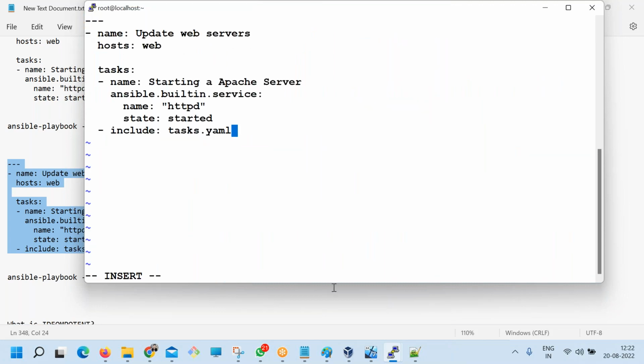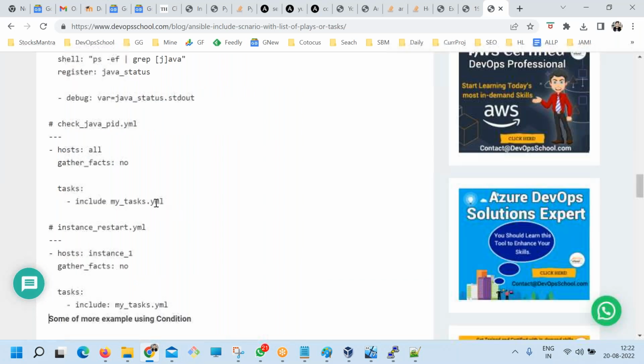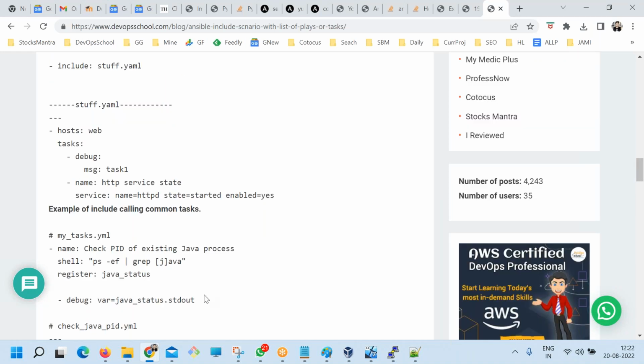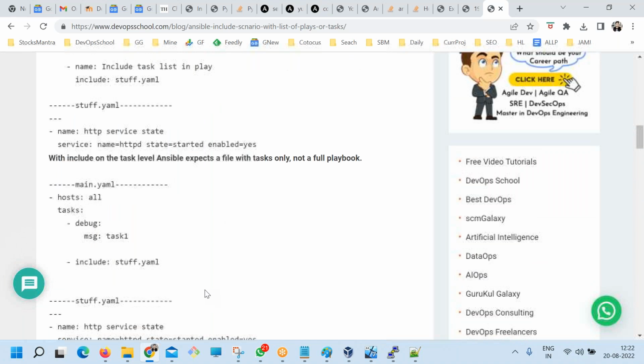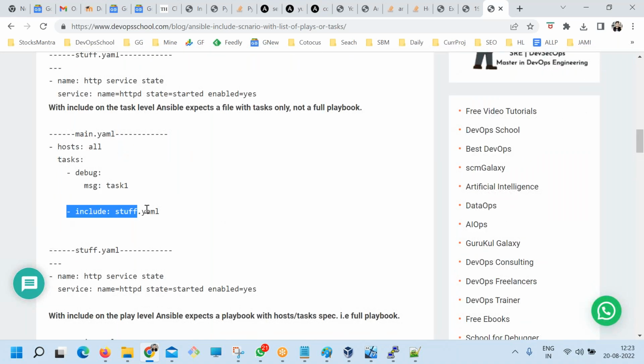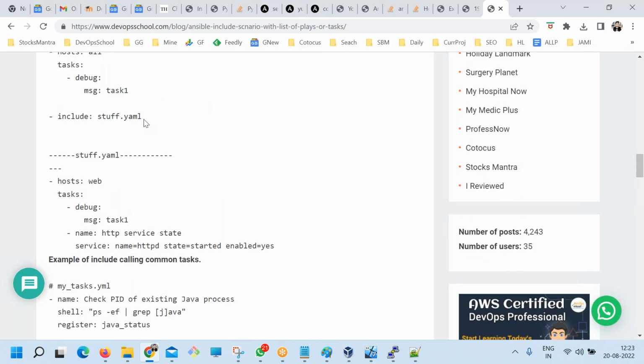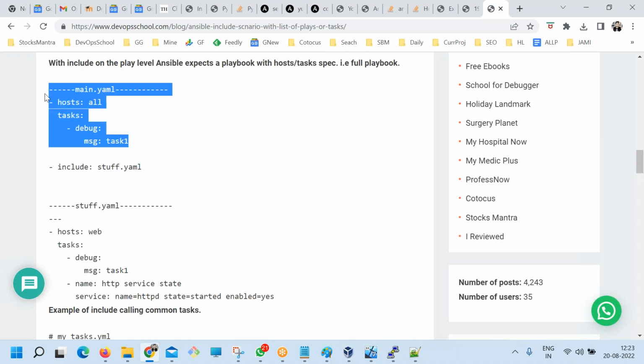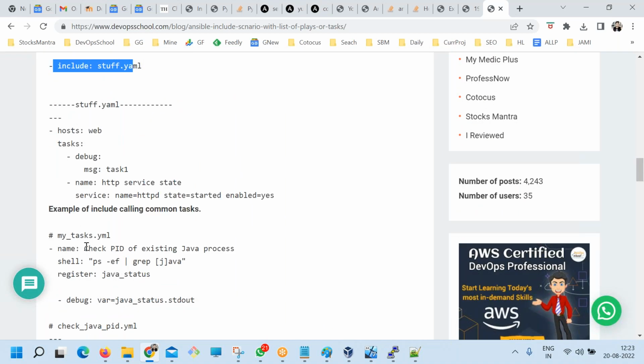So this one, if you see, this is a wrong line. I will update this. Okay. This is a wrong line, or maybe okay. This is not a wrong line because I've tried this code too many times. Maybe the latest version of, maybe I'm just guessing. Let me check. This is include. This is included. This is a play. This is one play, and